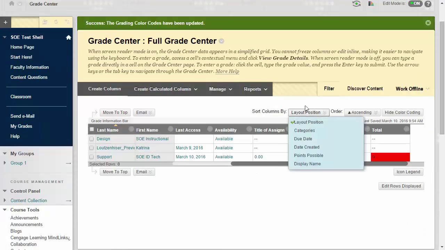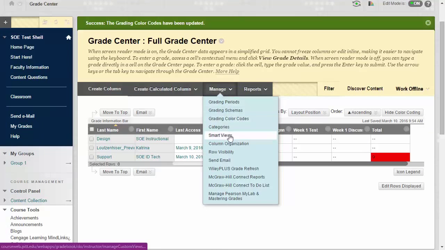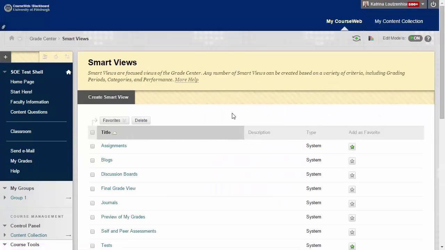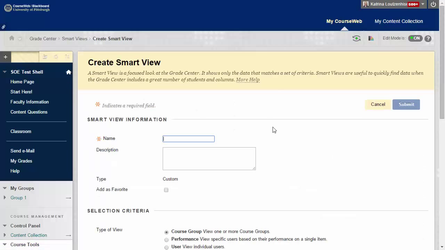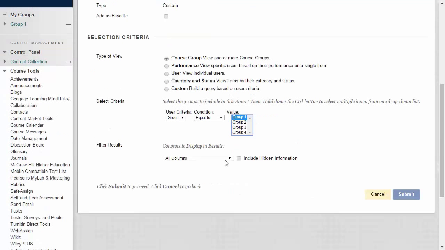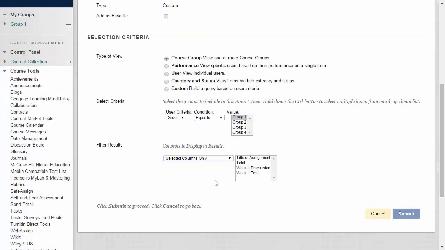Another great feature of this Manage menu is that of the Smart Views. This can be really helpful if you have a large student population. If they are divided into groups, you can create a Smart View just to see a particular group. You could also create a view to see specific types of assignments,